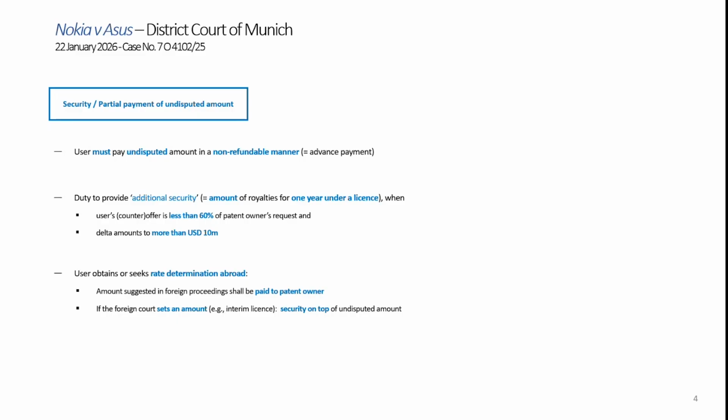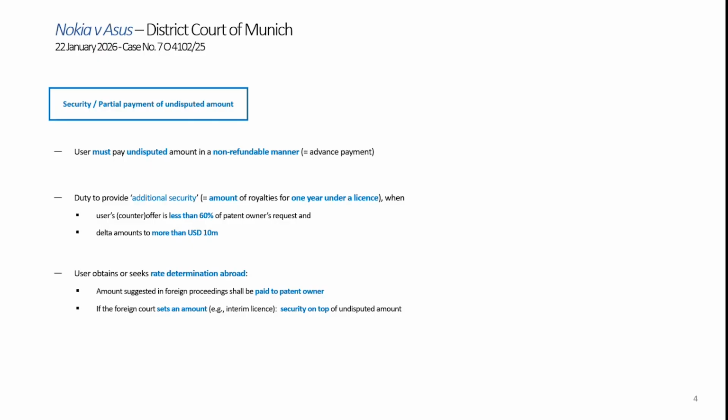So the court said if we have this type of difference, discrepancy between counteroffer and offer, it's not sufficient just to pay the undisputed amount. You will need to pay also security on top of that. And here, of course, we're talking about security. So this is not really an advance payment as in the terms that we are talking about when we're talking about this undisputed amount. So this is an additional obligation, a second element of what adequate security means according to